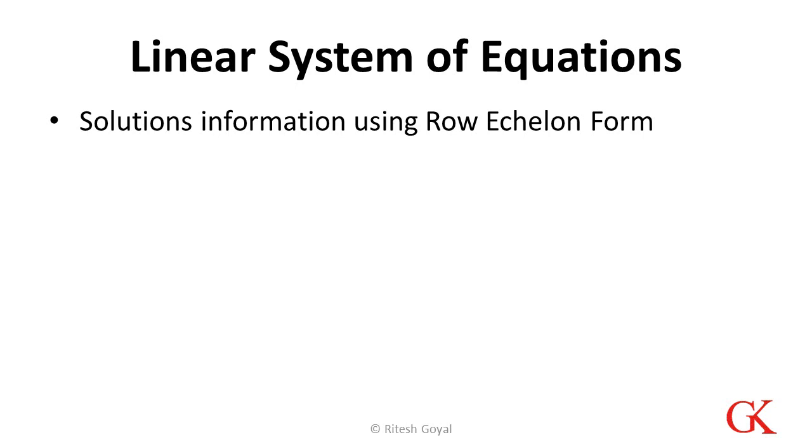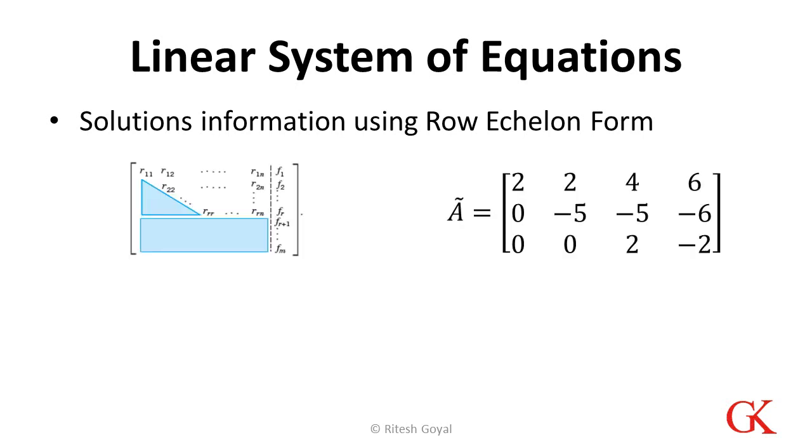Now we have discussed row echelon form. Why is it so important? We have to think about why we are converting a matrix after doing some operations to row echelon form. What are we getting out of it? Basically we get a very important piece of information from this row echelon form. We get to know whether there will be any solution for the system, if yes, how many and why. We will see how we get that information.